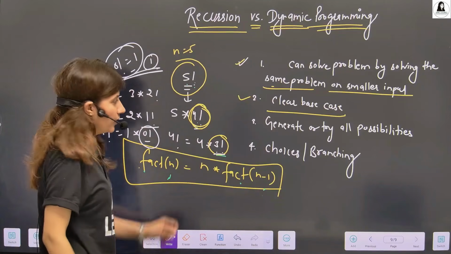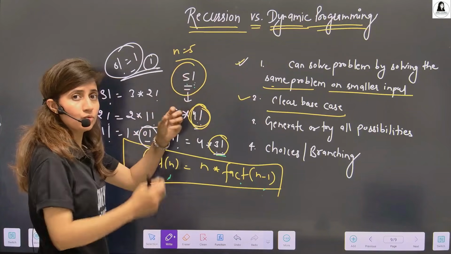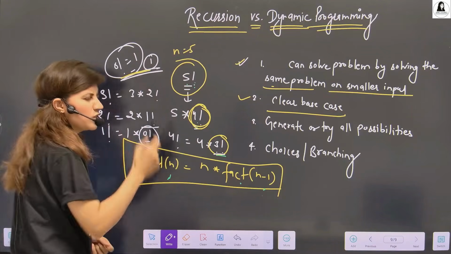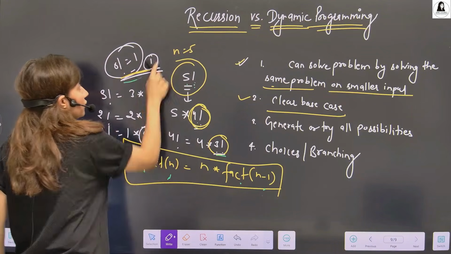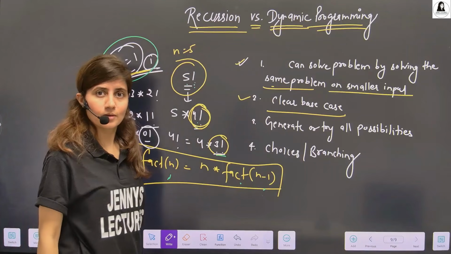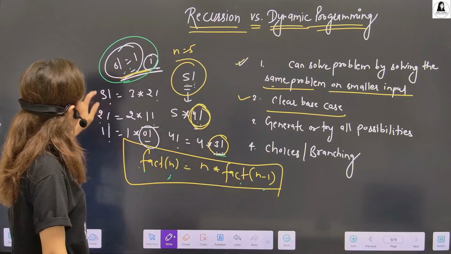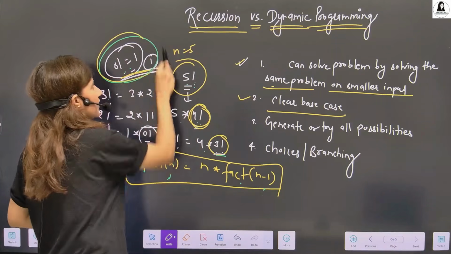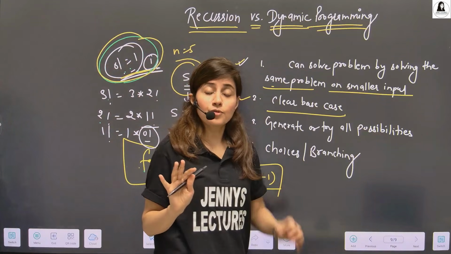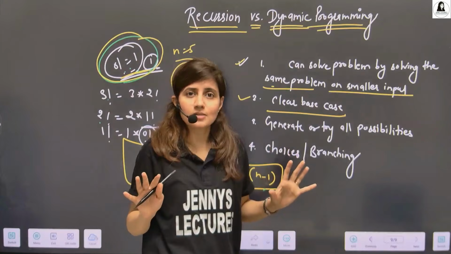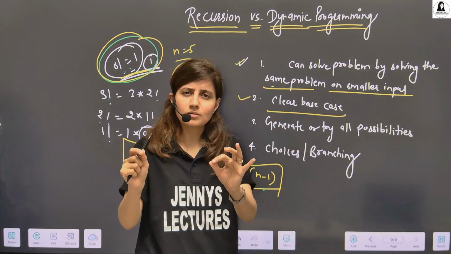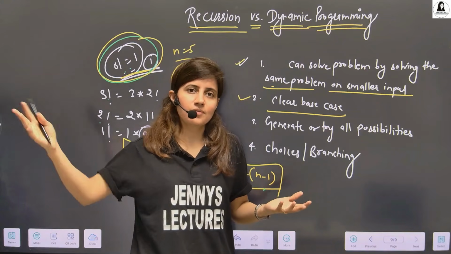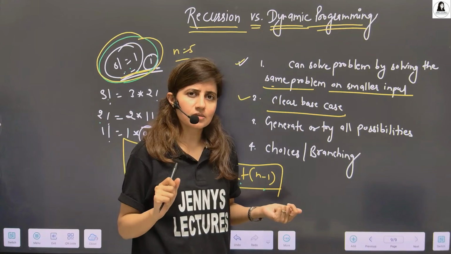So we have divided this bigger problem into smaller subproblems, till we reach the smallest problem and we know the answer to this problem. So we can use it, then we can find 2 factorial, 3, then ultimately 4, then 5 factorial. So there is a clear base case of when to stop. Same for the Fibonacci series. You know what the base case is. Fib of 0 is 0, fib of 1 is 1. After that, you can find fib of any n: 5, 6, 7, 8, whatever. So you know the base cases, right?